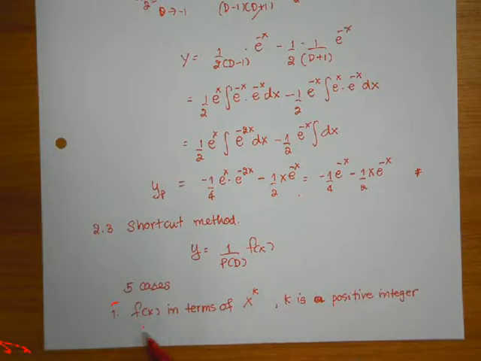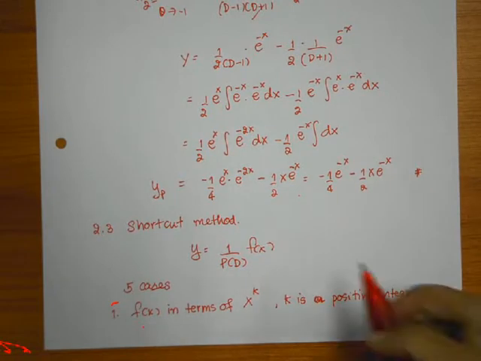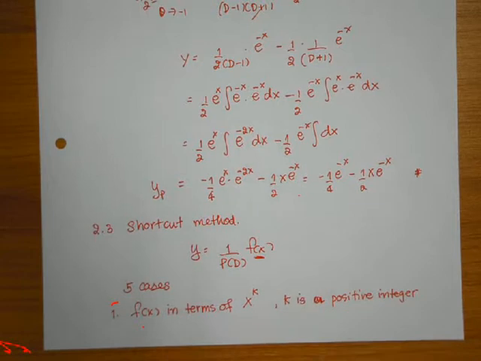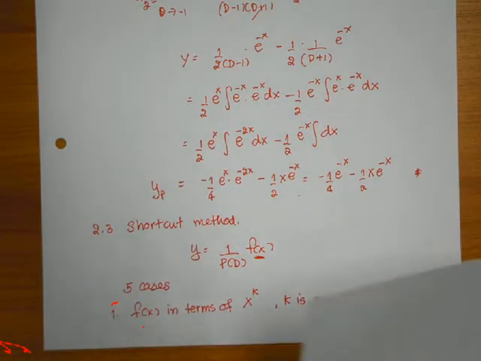We divide the cases just from the function f(x). The first one is f(x) in terms of x to the power k, where k has got to be a positive integer. Okay? If you are in this case,